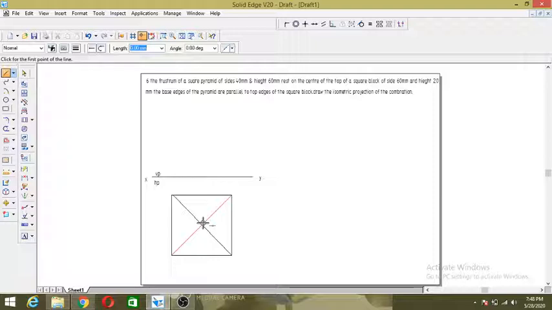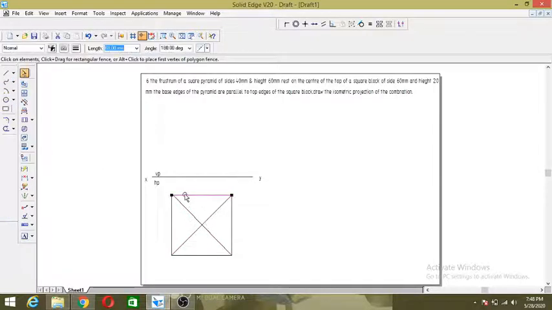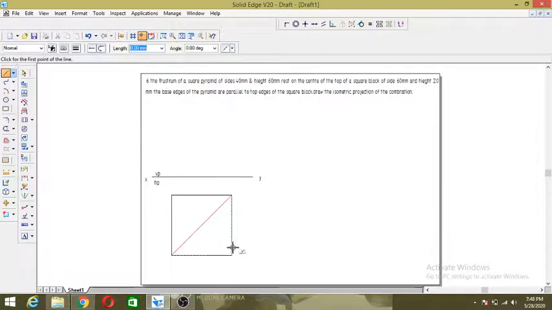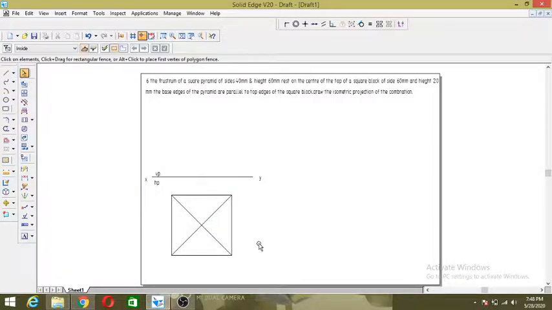Again, on that we placed a frustum. The base is 40 and the top face is 20. So what I'm going to do when viewing from the top is, just do this, this is wrong. So this is the center.